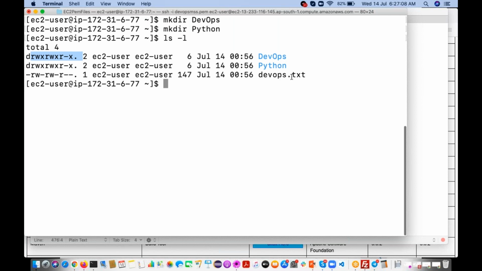And before that, I want to create one file in this particular directory. Okay, what to do, guys? I want to create one file in this DevOps directory.